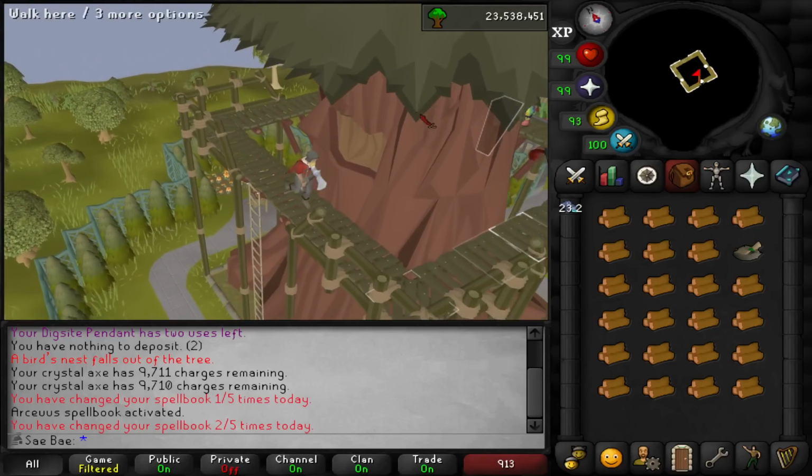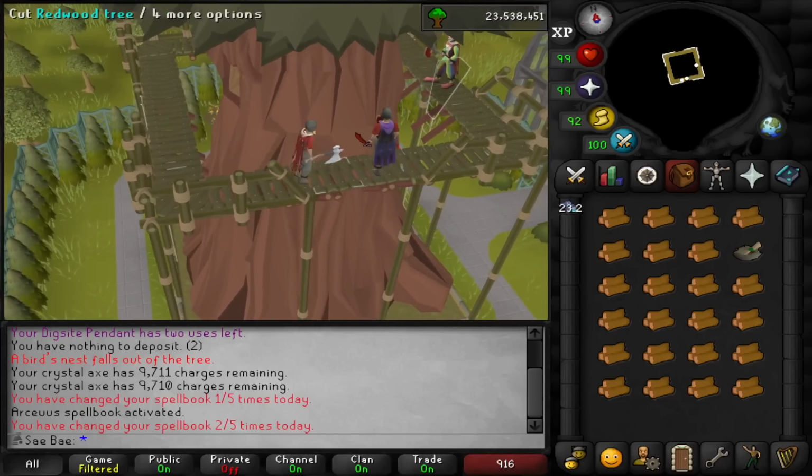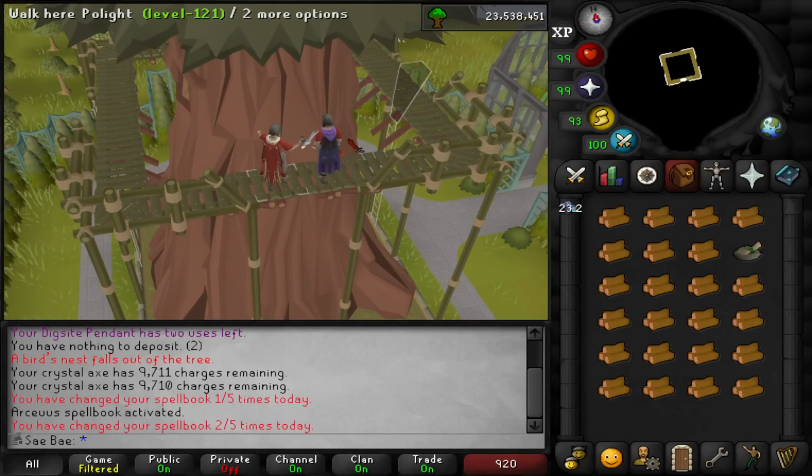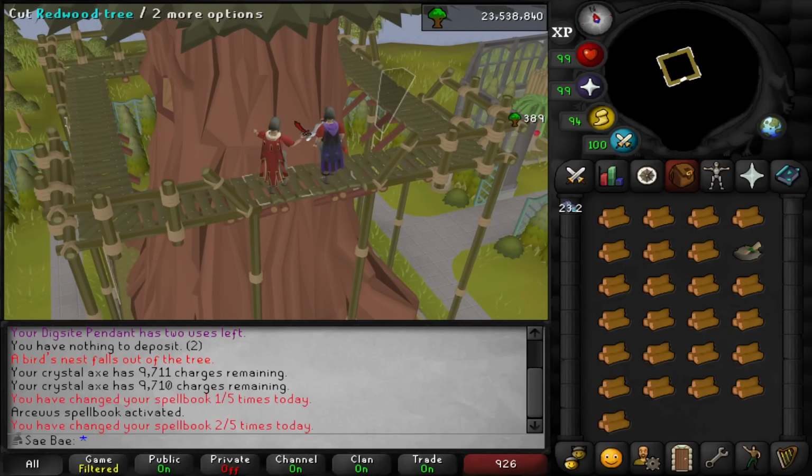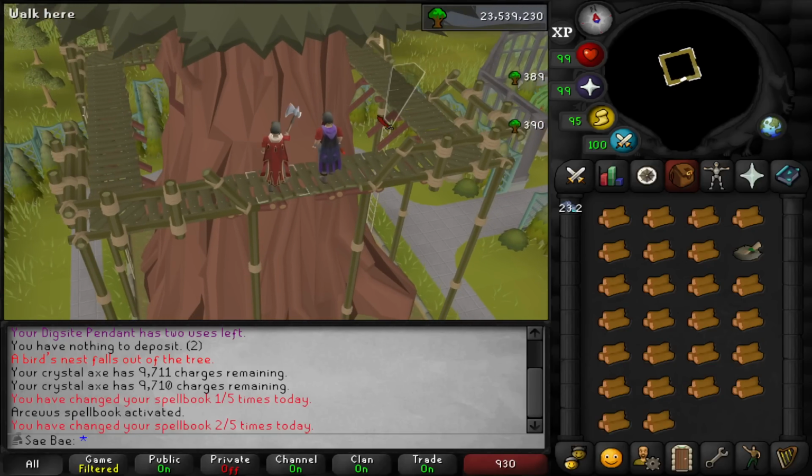Also, what is up with this redwood tree? I thought this stuff lasted like 4 minutes. Oh, wait. Normal trees don't last for... Wait, do they last for... I can't remember what Forestry did. Did Forestry change the player grown trees? I don't know. Anyway, next one is...